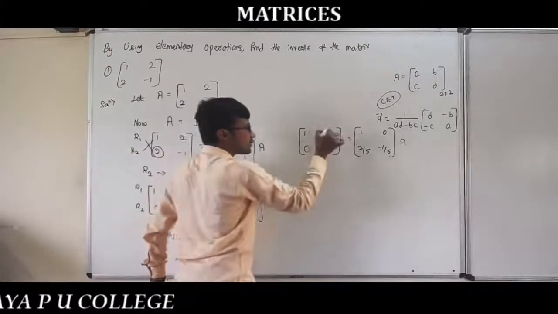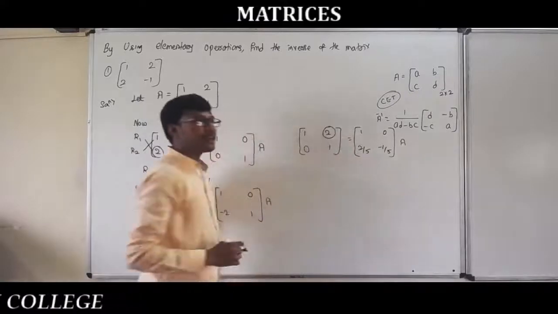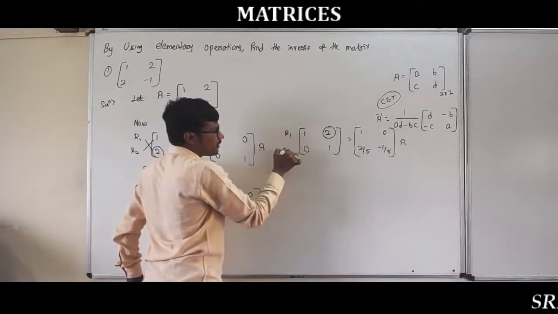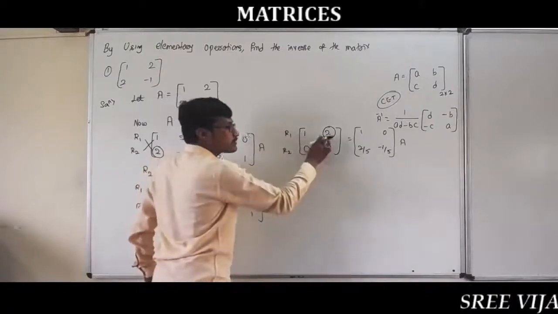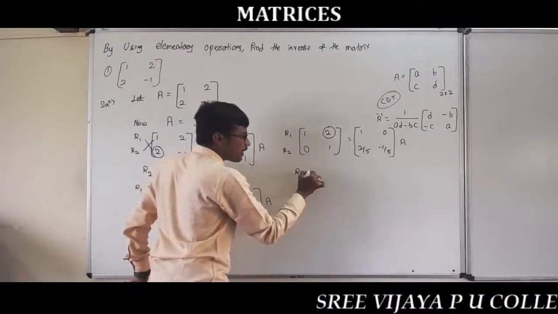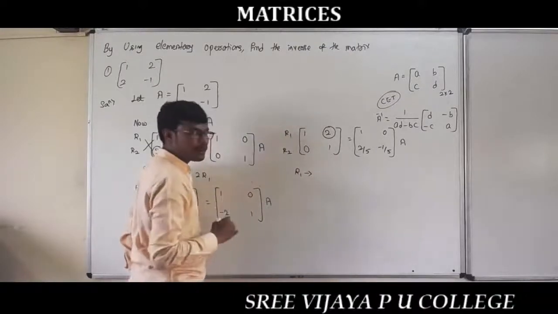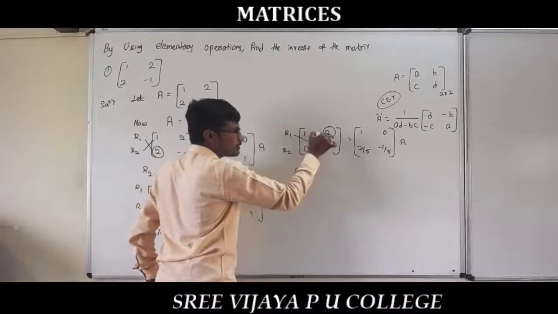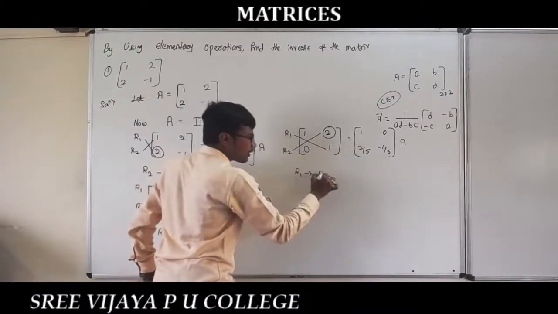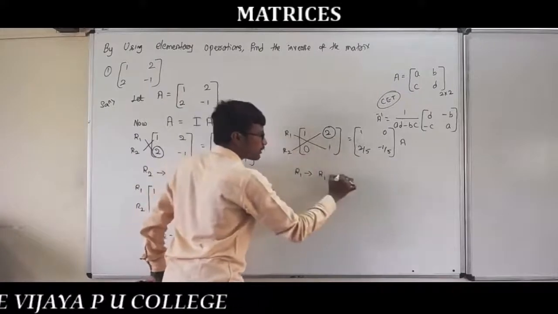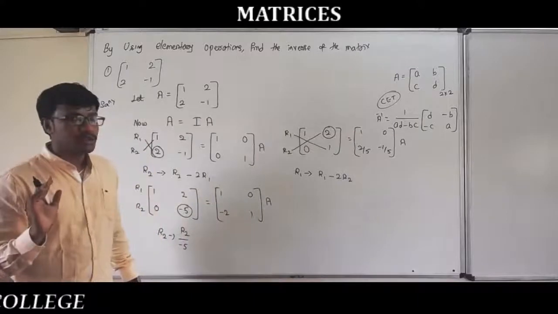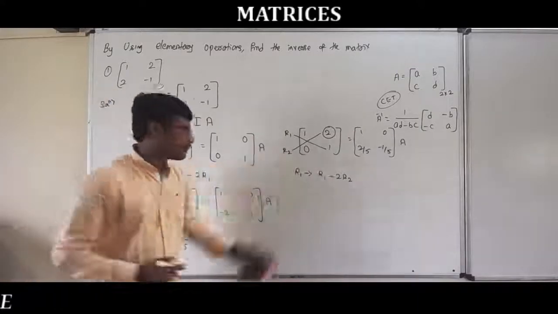So now next, this one. What should we make it? To make it a 0. So that is R1 and R2. Now these two, in which row? It is in the first row, so obviously R1 will change. So normally you can do: this into this minus this into this. First, 1 into R1, R1 minus 2 into R2, that is R1 minus 2R2. This is a simple elementary operation for any problem. If you are confused, just follow these steps only.